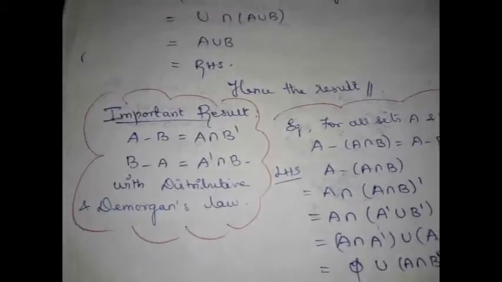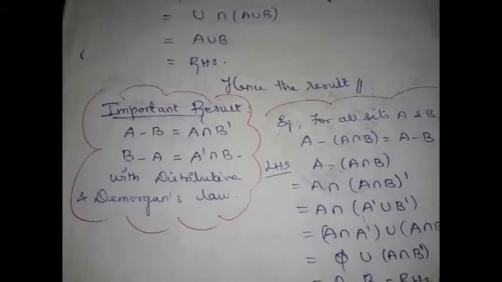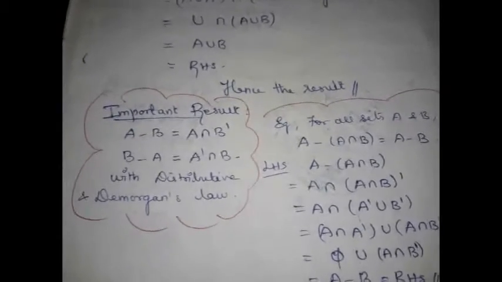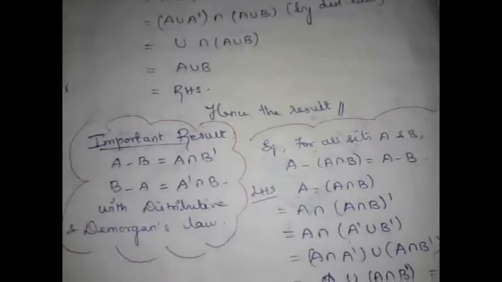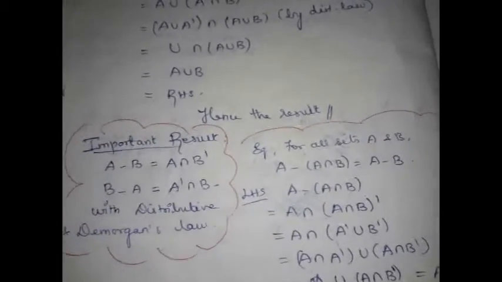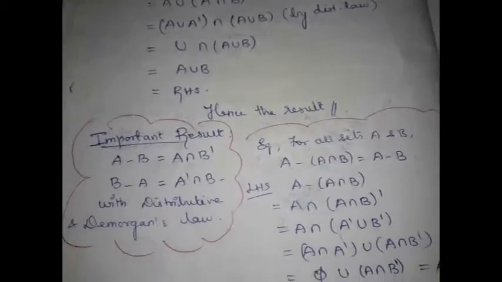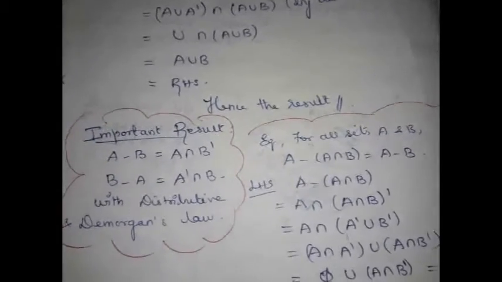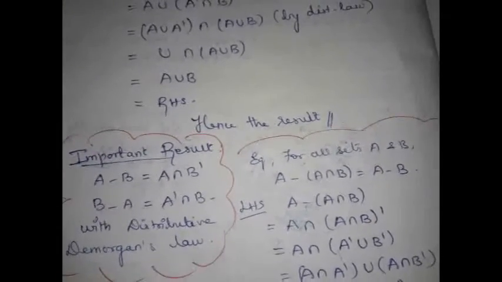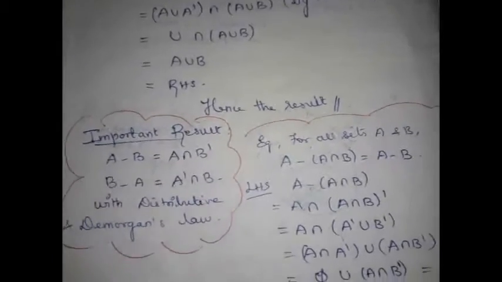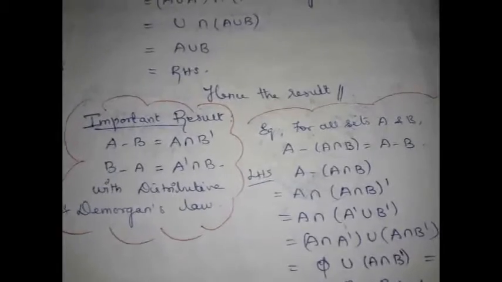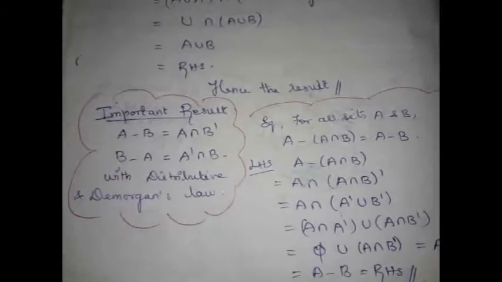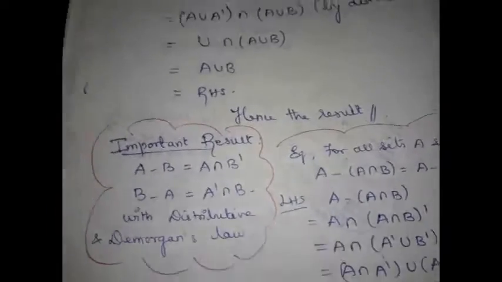So what are all the expected questions from this chapter? If you take 1 and 2 marks, you may expect questions from representation of a set in set builder form or roster form, and even you can expect operations on sets. When the numerical values of sets are given, they may ask you to perform some operation like union, intersection, difference, complement, etc. Those kinds of questions you can expect in 1 and 2 marks. And in 3 and 4 marks, you can expect the problems involving Venn diagram, the problem which I explained right now. Then proving questions like this. This also you can expect in 3 and 4 marks, right?